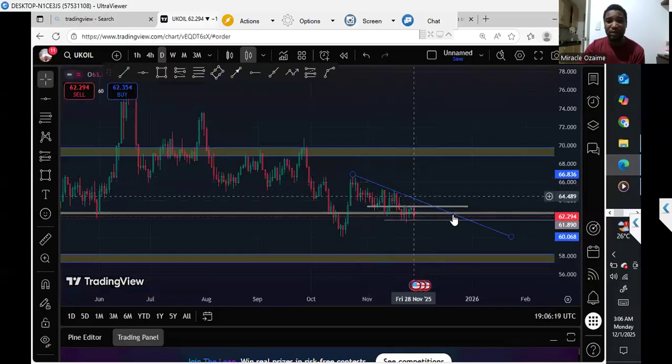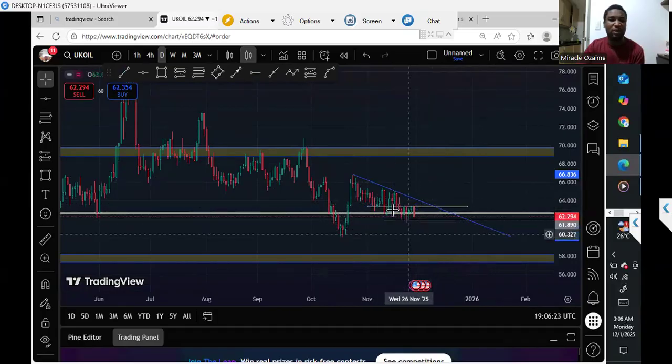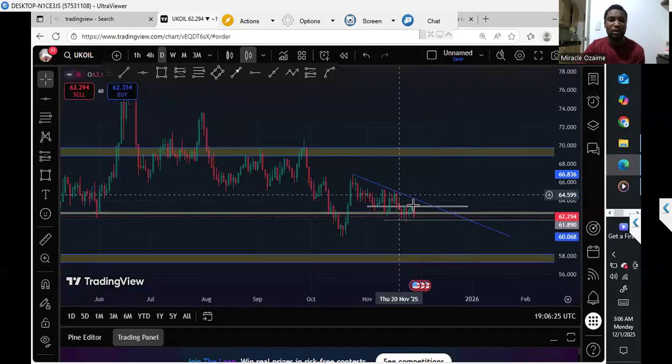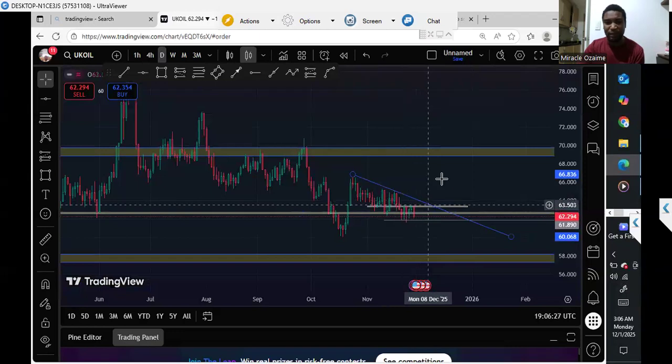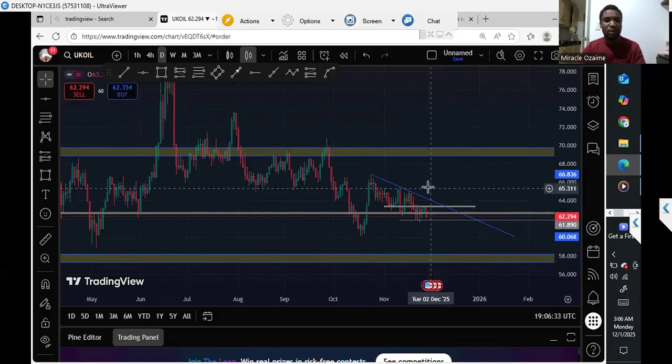If the market breaks the trend line, I'll be looking for a buy. But this place, as of the moment, is kind of too consolidative for me to enter, because I tried to enter last week, but the market was consolidative. So I'll just wait for a break. Once I see a break